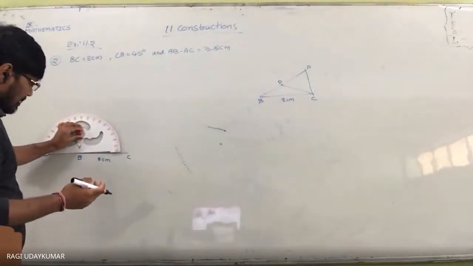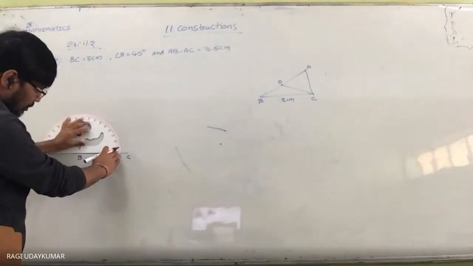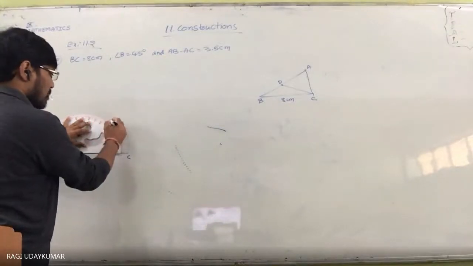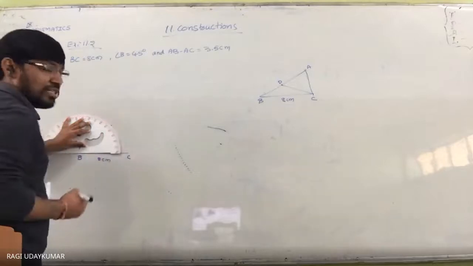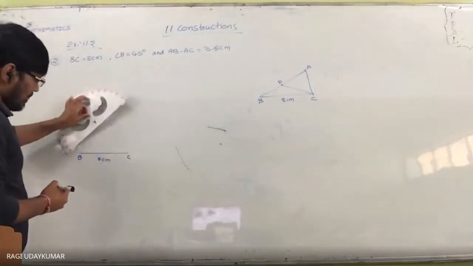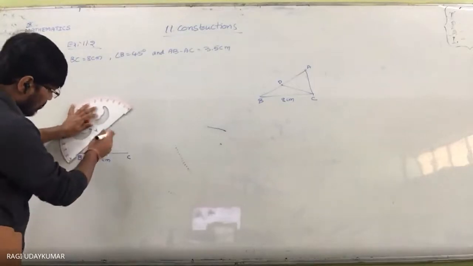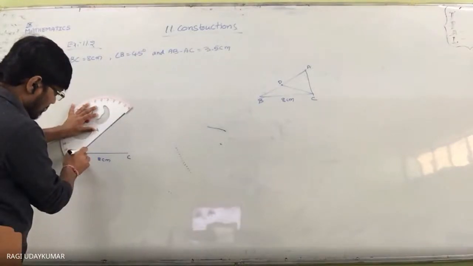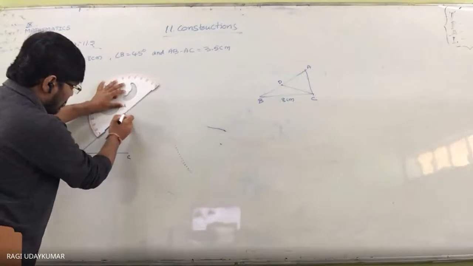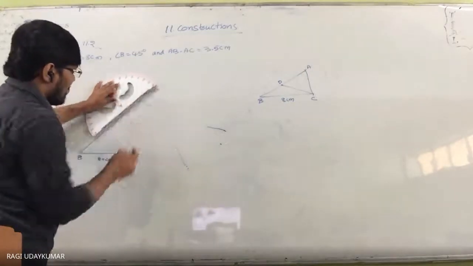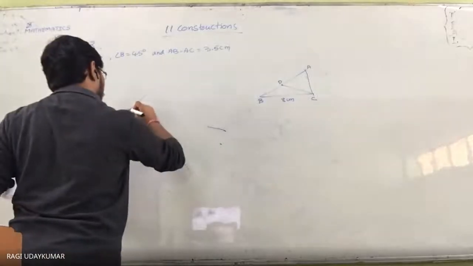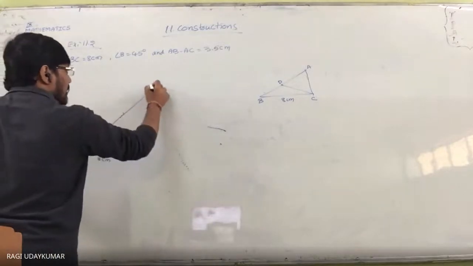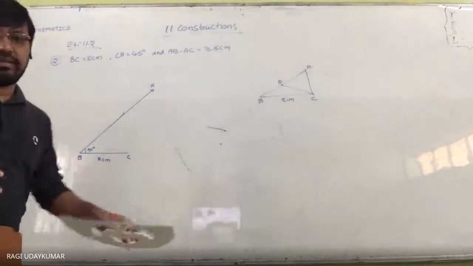So for the 45 degrees angle, take the protractor, and placing the protractor is very important here. So 45 degrees, it is on the inner scale. On the inner scale, you are going to get 45 degrees here. Mark this point and join these two. Using the protractor itself, you can join like this. If you want, you can extend it still more. So this is 45 degrees. The ray is BX.